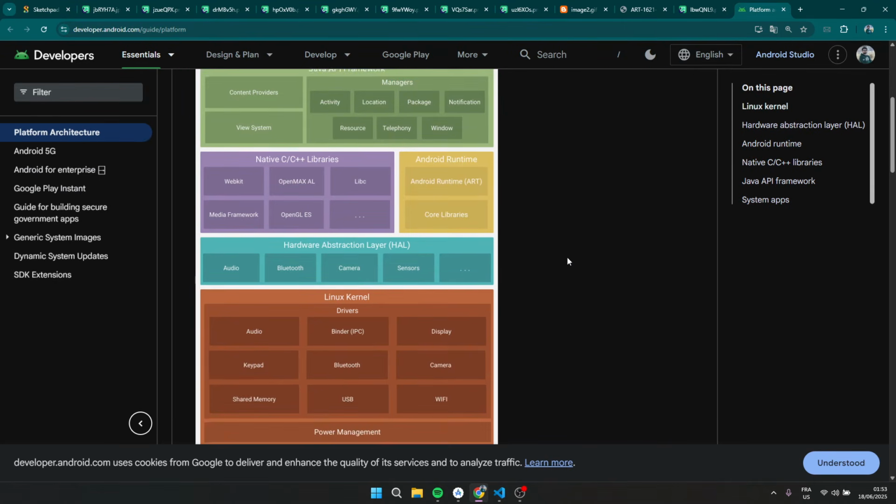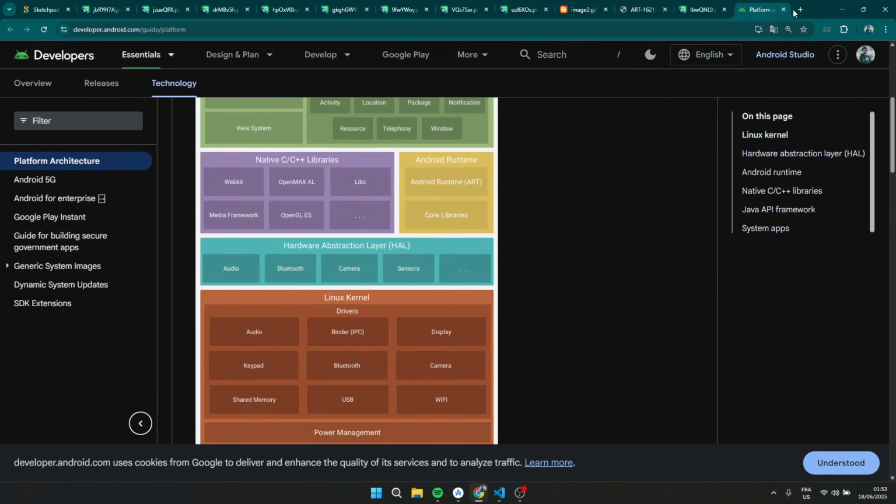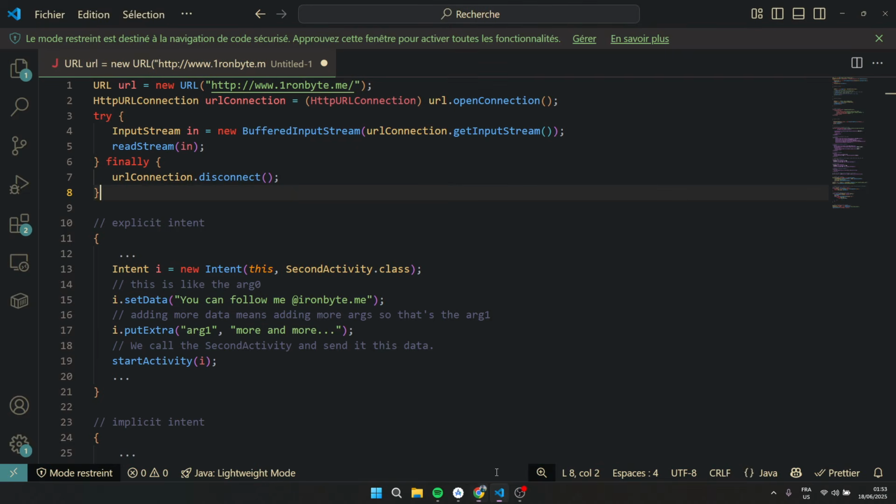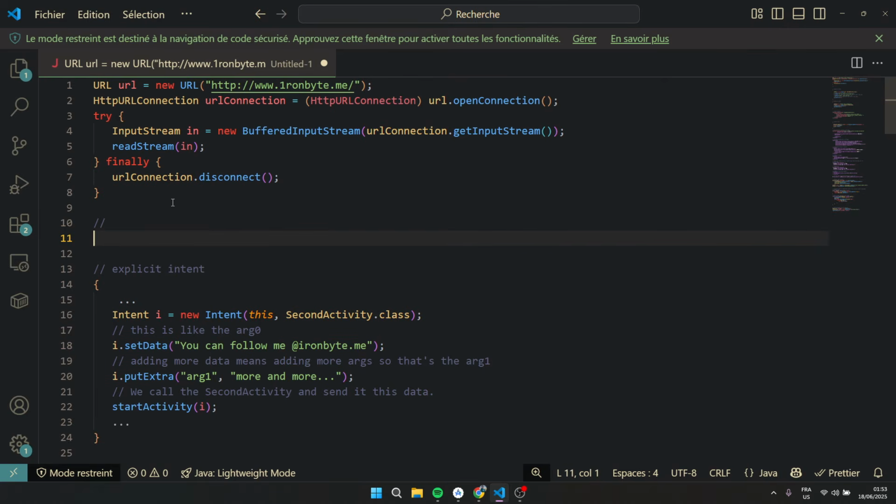We also have something called... we can just type them in if you want, by the way. So the first thing is activity.